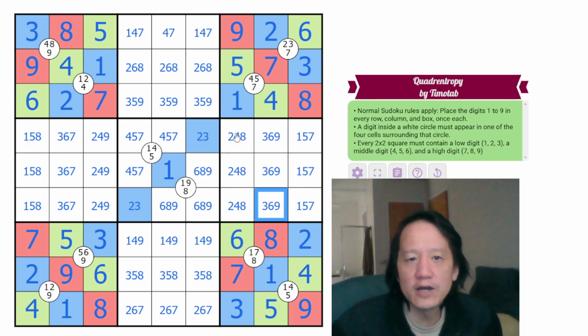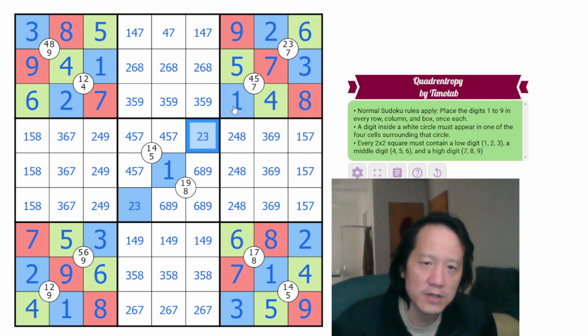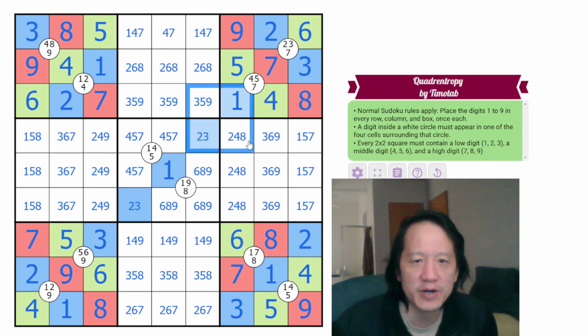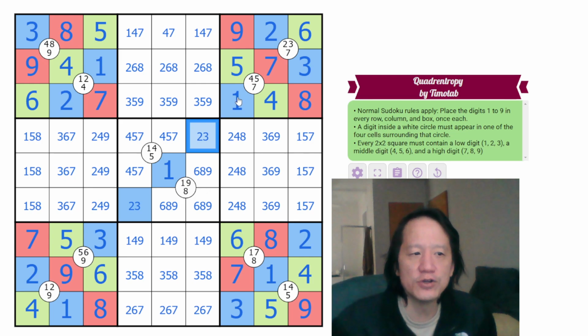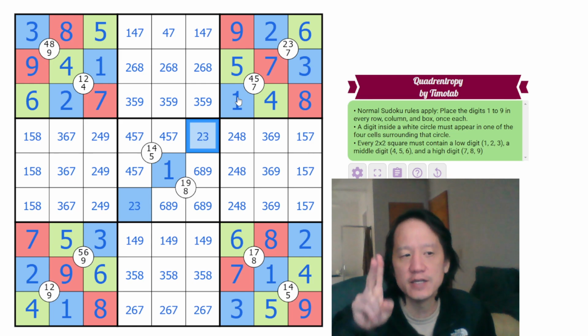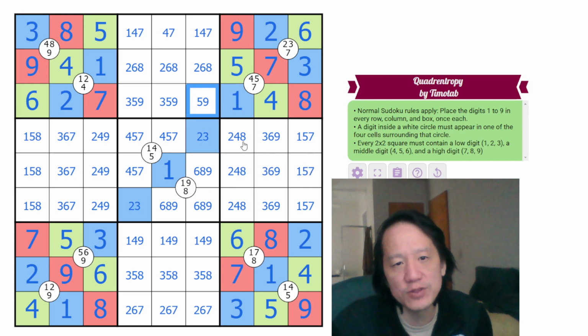Now, the thing is, how do we start solving this? Probably the easiest one is to look at the corner 2x2 areas, the area that's surrounding the vertices of the boxes, right? We see 2 low digits. You can only have 2 of the same set in each 2x2 area at most, because you have to have 1 of each set, and if you have 2 already in one set, you have to have 1 of the remaining other sets. So this can never be low, which means this cannot be 3, and this cannot be